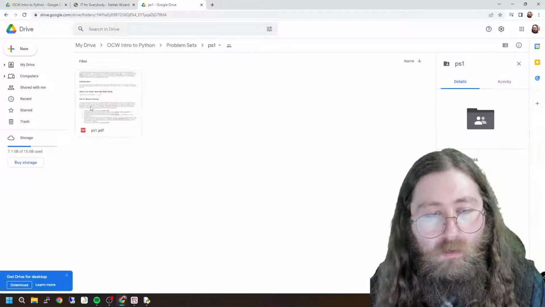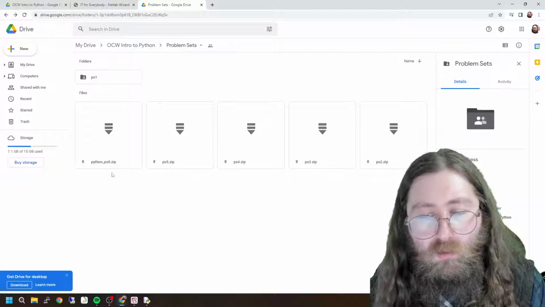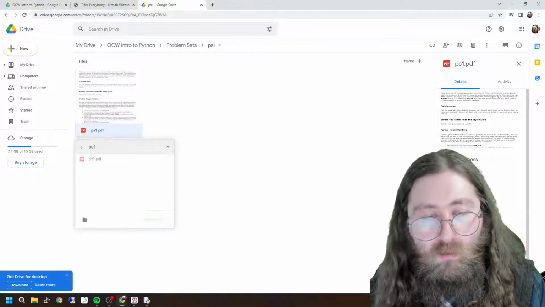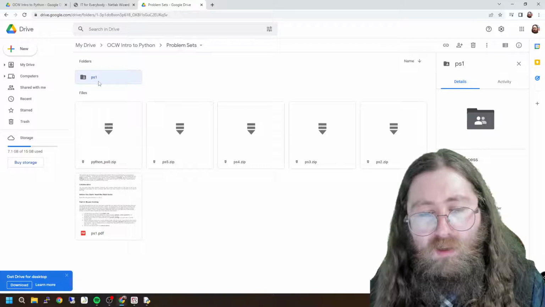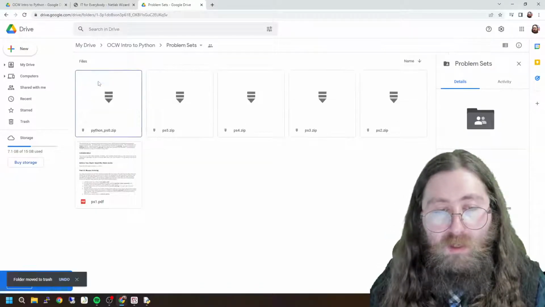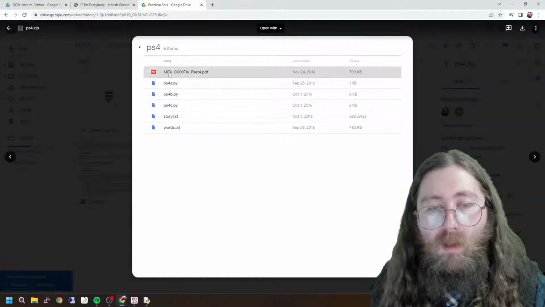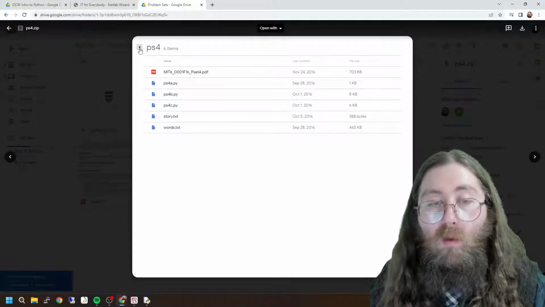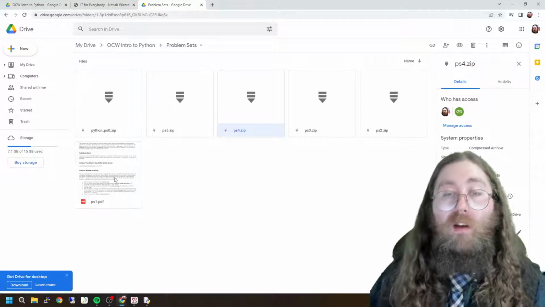So we got, they're zipped folders, so you're just going to find it from there. I don't know why I got this in there. I'm just going to move it to this folder because I think I did that because for some odd reason everything was zipped except for PS1, but PS1 was just a PDF. So I think these other files, if you actually go into them, there's a PDF plus several Py files, whereas in this one over here, it's just a single PDF. You don't have any files you need with it.